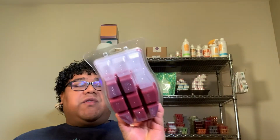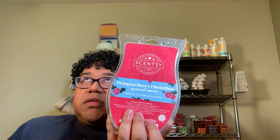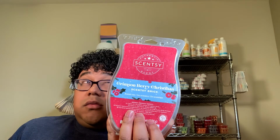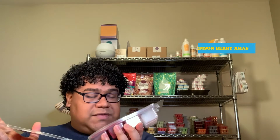Do I have the other one? Let's see. Yes, here we go. So the next brick I have is Crimson Berry Christmas. I would have to say, based off of the usage, this is the one I like the most. Compared, because I like this one, but only have 3. This one, you would think that it's my favorite. It's a nice scent. I really enjoyed it. I really liked it. I didn't add it to my club because it was